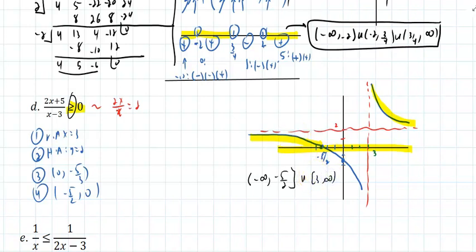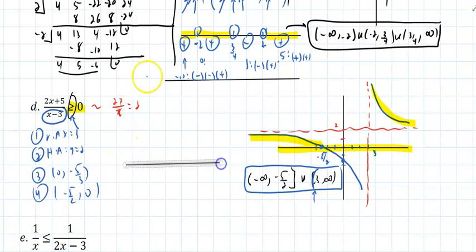What's wrong with this is that even though that says greater than or equal, I can never include the 3 because 3 is in the denominator. So that would be parentheses. And that would be my answer. Now if you want to make a chart, you can, because multiplication and division behave the same as far as plus or minus. Where does the top equal 0? At negative 5/2. Where does the denominator equal 0? At 3. Since it's included, but I can never include the denominator because that will make the denominator equal 0,